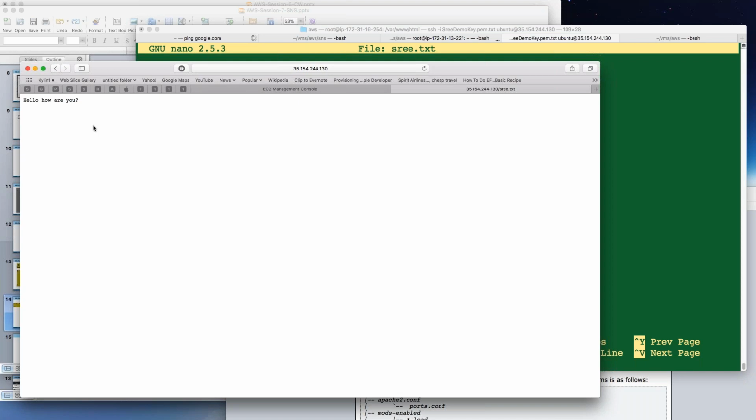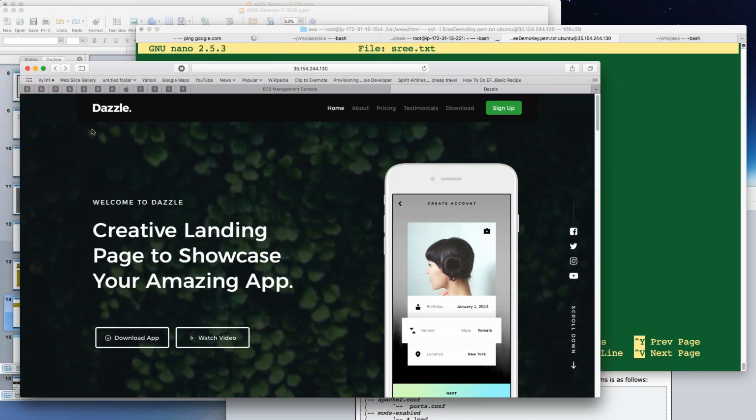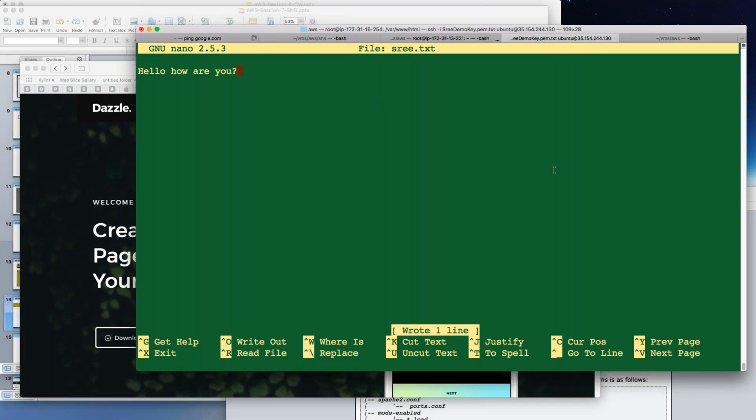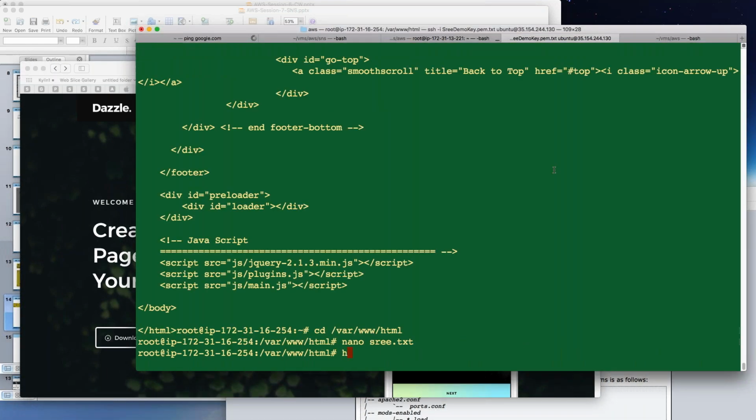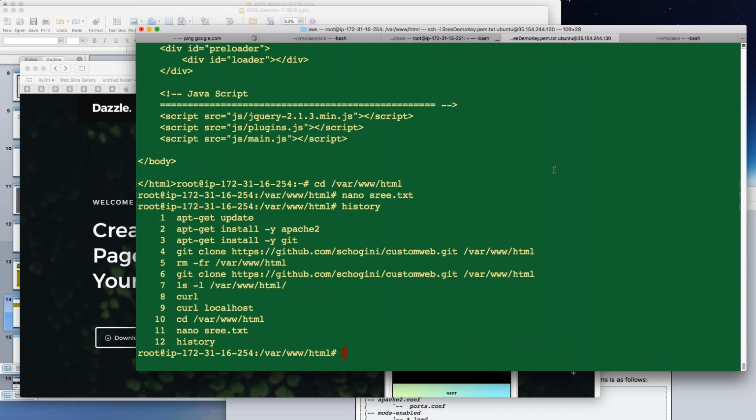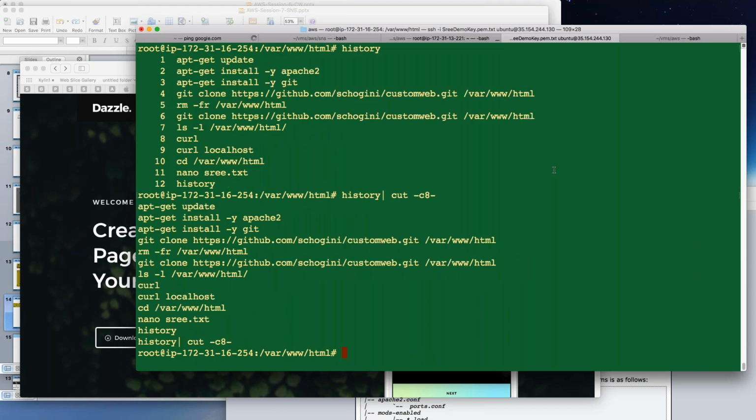Any doubt? Okay, good. So now what I am going to do is, this also I did manually, correct? I am going to automate this. So I will get the commands that I did from the history. See, history will give the commands that have been used, but you can cut when I type some commands. If there is an easier way, please let me know. So these are the commands that I have used